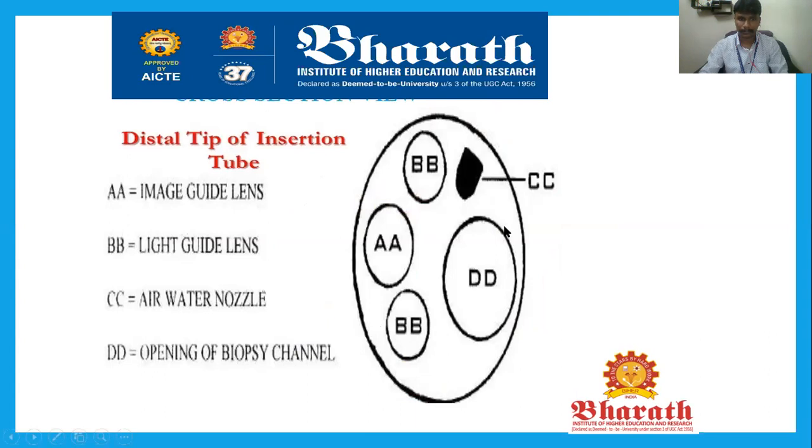A tube which is carrying the lens, light, air water nozzle, and opening of the biopsy channel. AA will be termed as the image guide lens, the lens of a camera which will be capturing the internal image with quality, with higher pixels for clear viewing. And BB will be the light guide lens, which will be guiding the lens to perfectly capture the internal organ structure without any shakes or